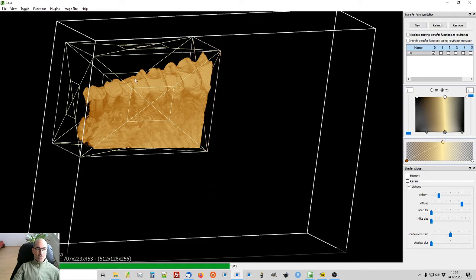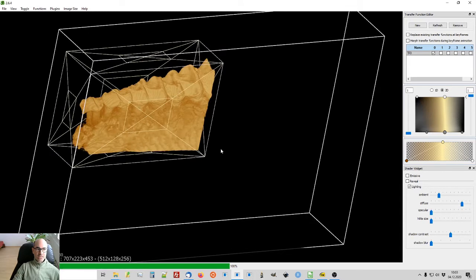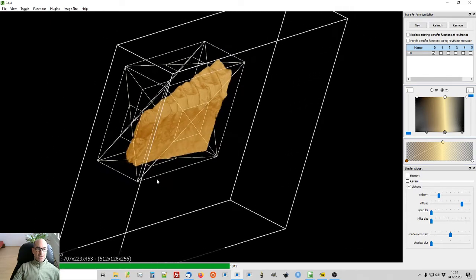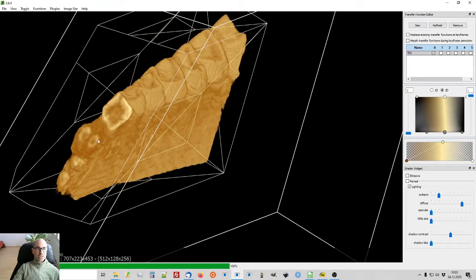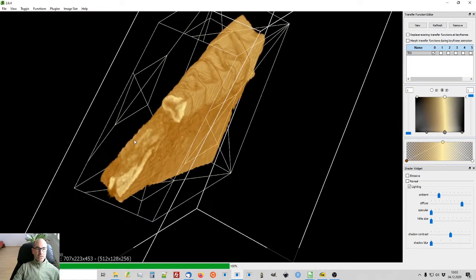So have a look at this CT scan, right? This is a lower jaw of a fossil hyrax, and this is in low res mode in Drishti. I'm using an old version for other reasons, but in any event, this is 264. And what I want you to see is that in low res mode, as I rotate it, you can see that some of the detail here is,